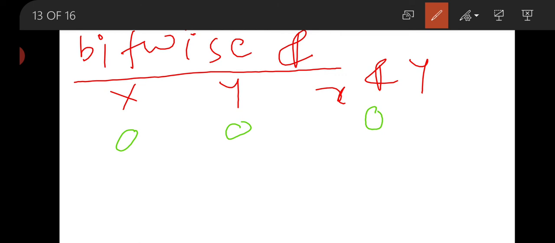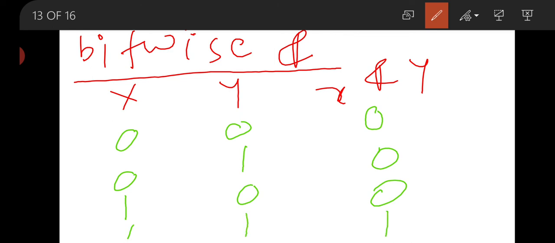Now if x is 0, y is 1, then again this will return 0 in the AND operator. If x is 1, y is 0, then it will also return 0. If x is 1, y is 1, then it returns 1.